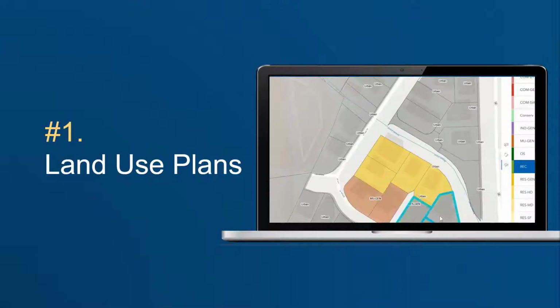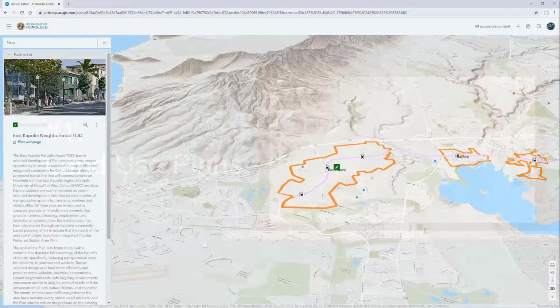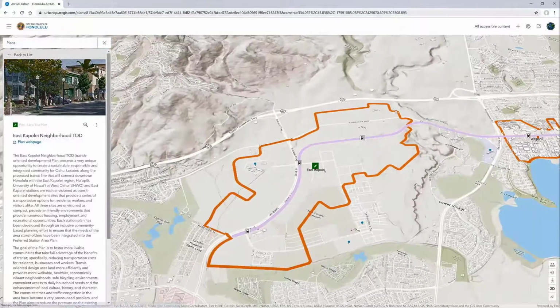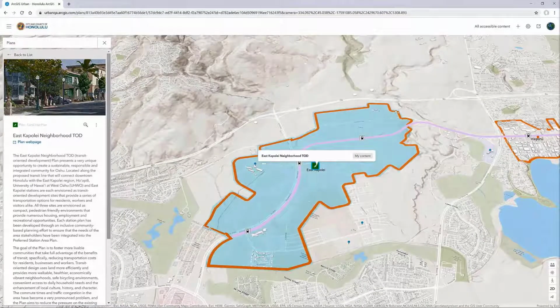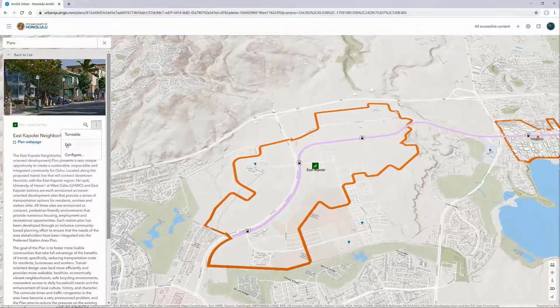Thank you, Christine. So what we realized is that planners wanted to represent change at a much larger scale than with the specific zoning plans that we had previously. So with this release, we added land use plans. Think of land use plans as a simplified version of zoning plans with impact and representation driven by density and use